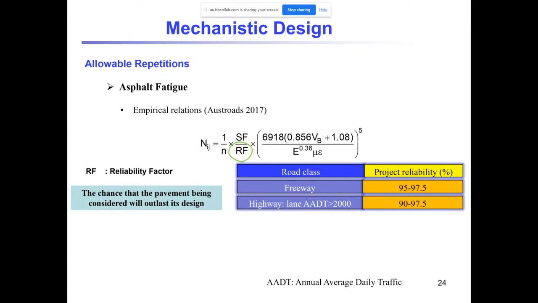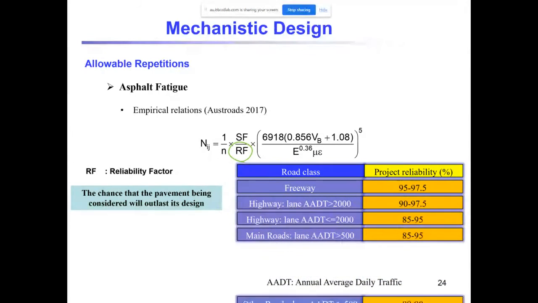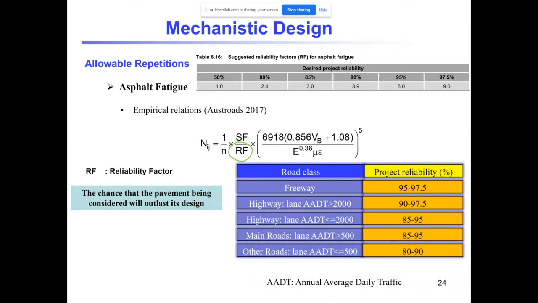For a highway with annual average daily traffic larger than 2,000, this project reliability is 90 to 97, and you can see the values for different types of road. So the project reliability depends on